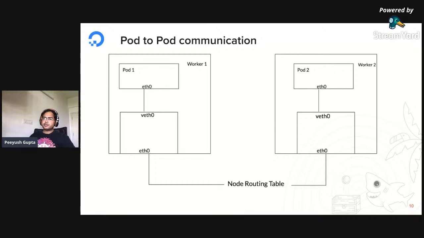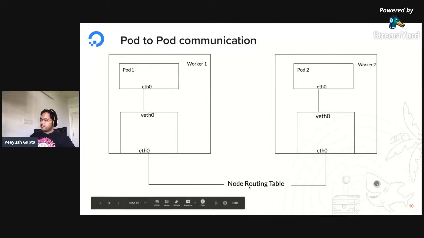It's going to connect to the virtual Ethernet device that we have on the other end. Then there's going to be a bridge and a couple of iptables rules, and it's going to see where the packet wants to go. It's not on the same node, right? The destination is not on the same node, so it's going to send it to the default Ethernet 0 exit, and from there, now this is one of the tricky parts, right?